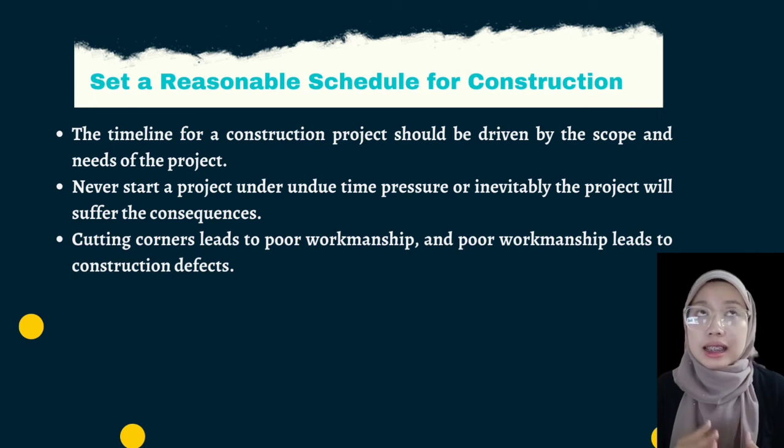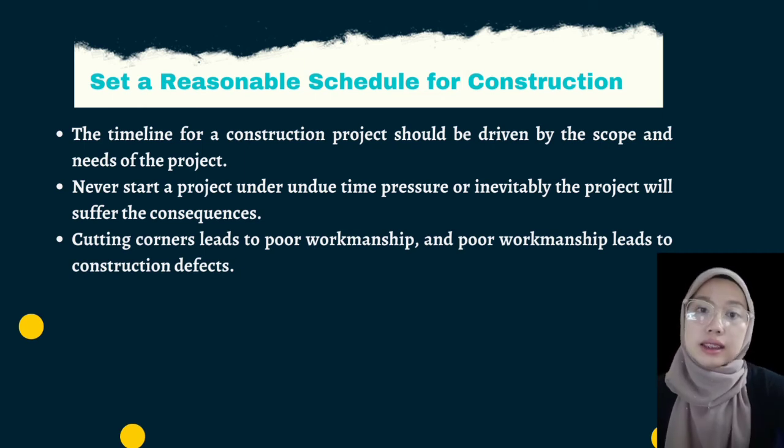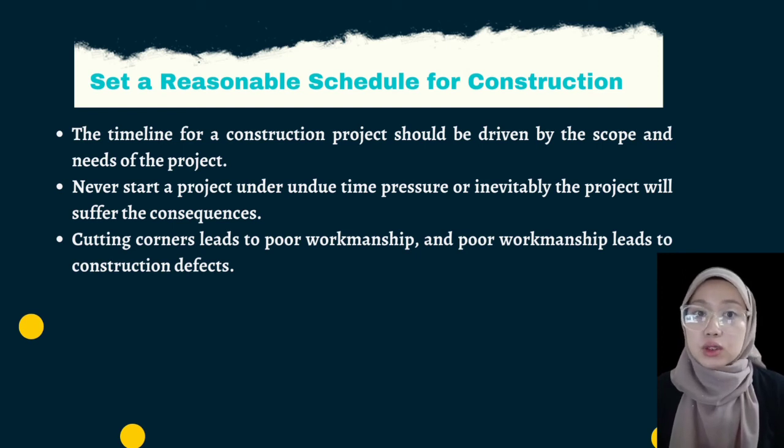Cutting corners leads to poor workmanship, and poor workmanship leads to construction defects. For example, if the weather is truly worse than anticipated, or lead time for material is affected by market conditions, it is best to willingly provide a contractor with adequate time to do the job correctly, even if doing so requires